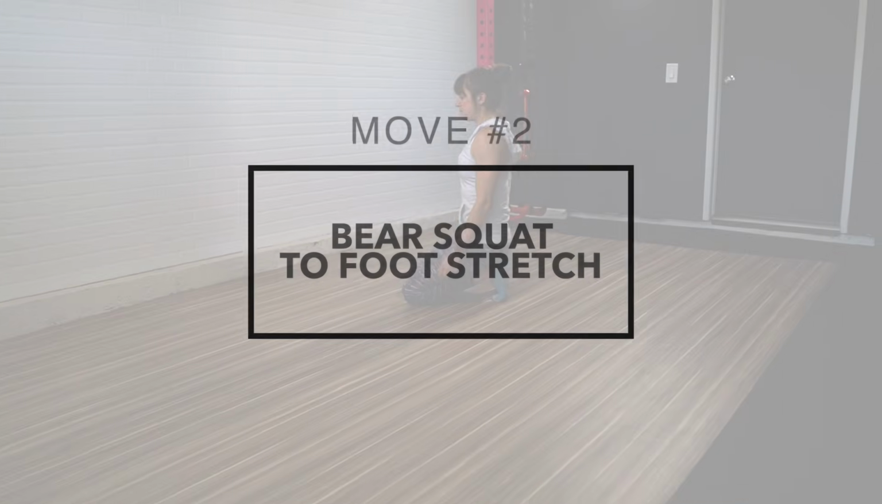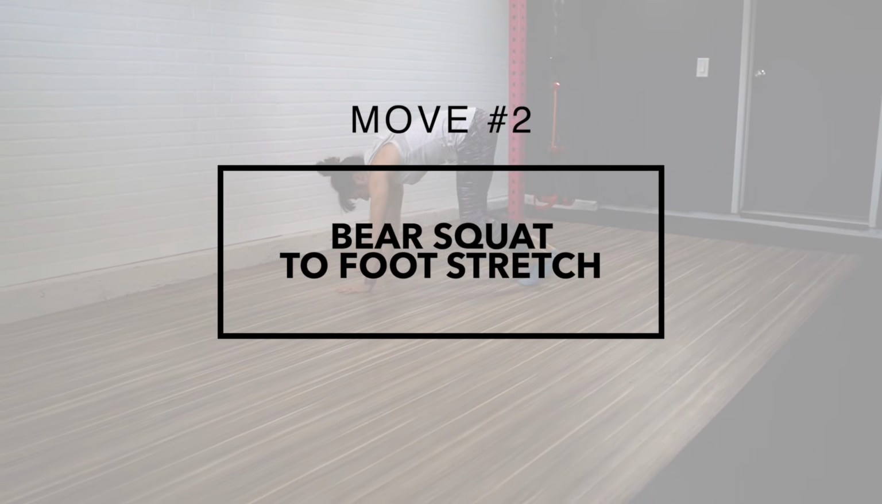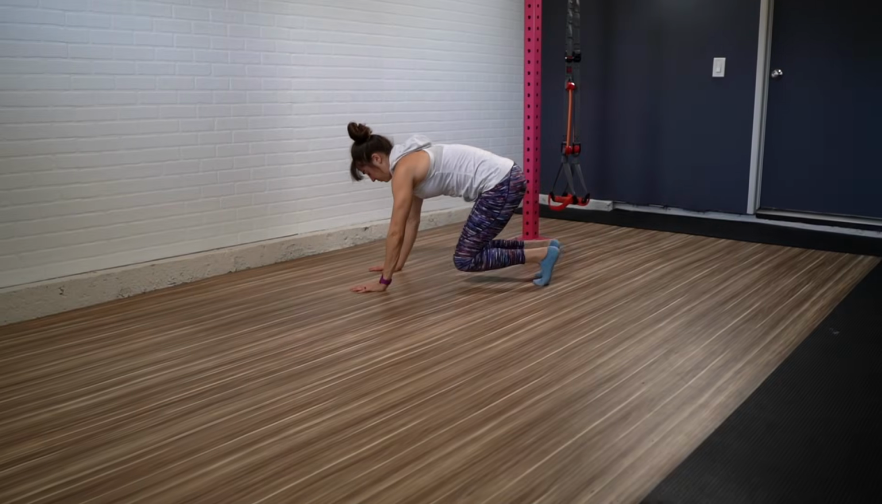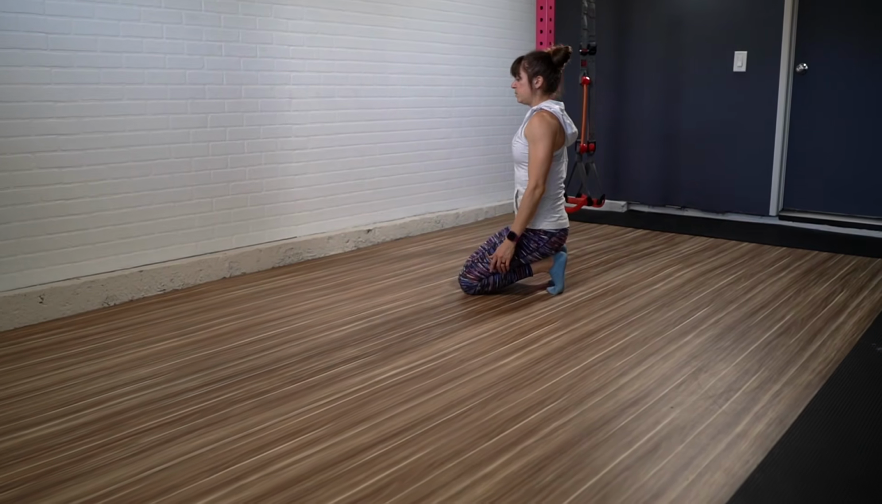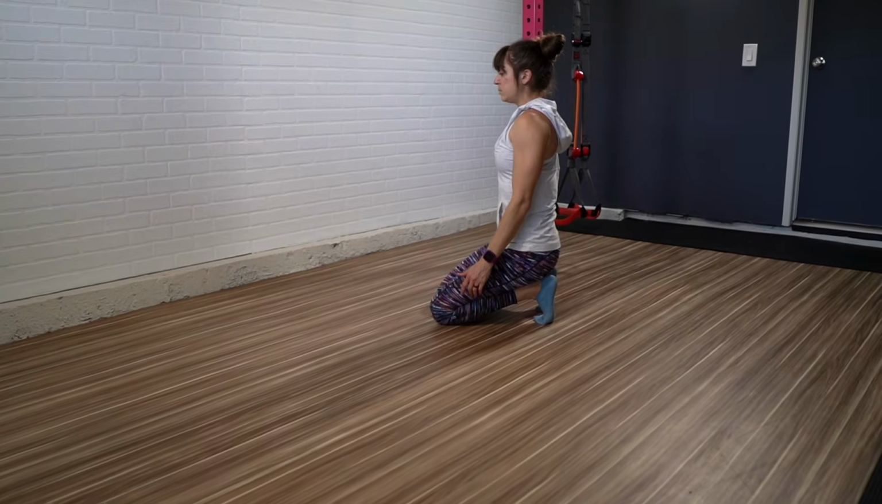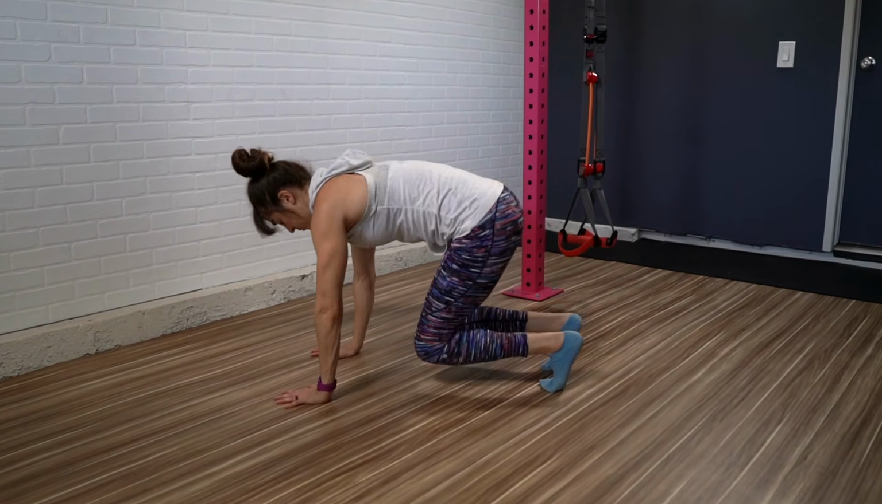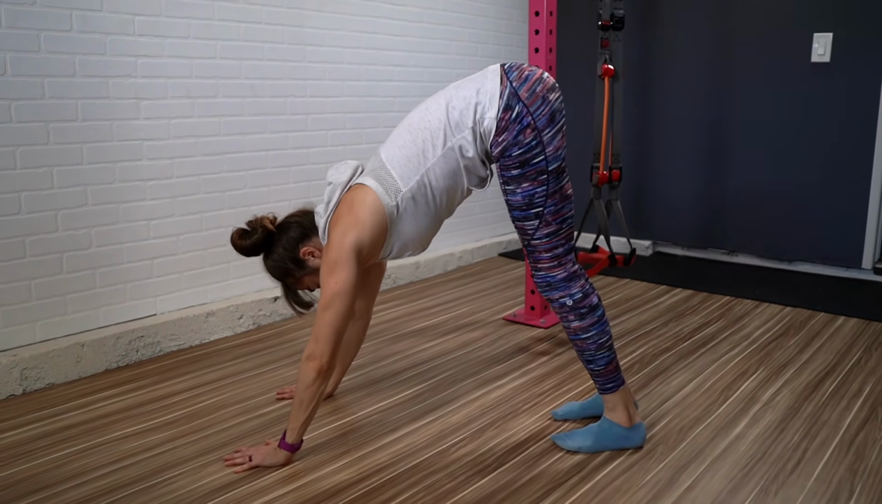The second move to include is a great stretch to improve both the mobility of your feet, but also of your ankles, the bear squat to foot stretch. Improving your dorsiflexion and big toe extension is more important than you think. It's not only key to your foot and ankle health, but it can impact your gait and full hip and